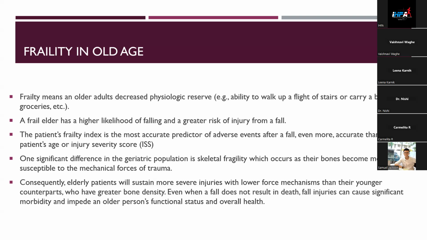So when we hear the word weak, we all obviously correlate it with old age. Because in old age, obviously the patient will go weak, right? So frailty means decreased physiological reserve in older adults. Now, what is physiological reserve? Reserve is something which is present in our body. Physiological means muscles, bones, posture, receptors, or different systems in our body. If any of these reserves is less in our body, which will decrease with old age,